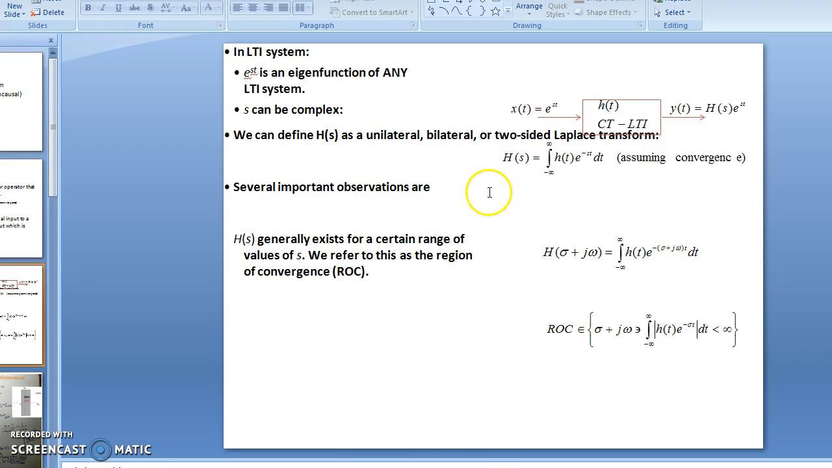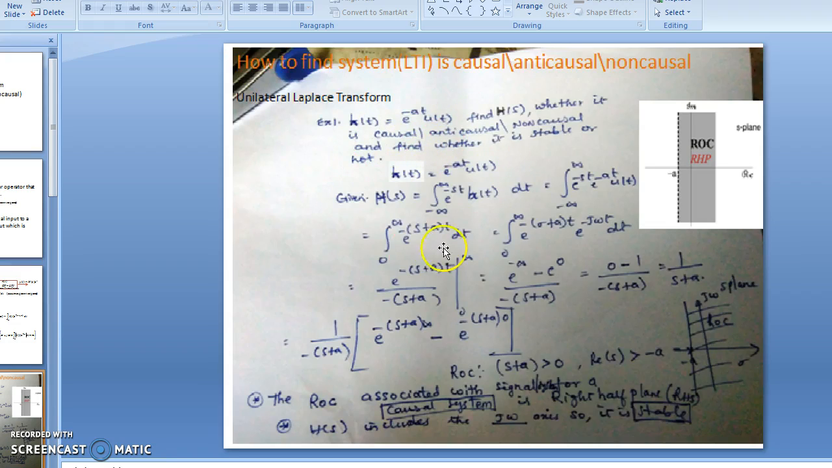When we plot the S plane, that is j omega versus sigma, the values for a region of convergence should exist where the absolute value of the integration from minus infinity to infinity of h(t) e to the power of minus sigma t is less than infinity. Now, after understanding H(s) and also ROC, we'll find out how to find a causal, anti-causal, non-causal system for a given